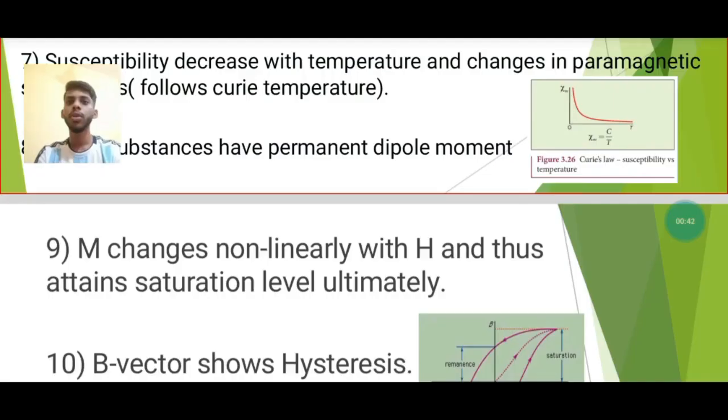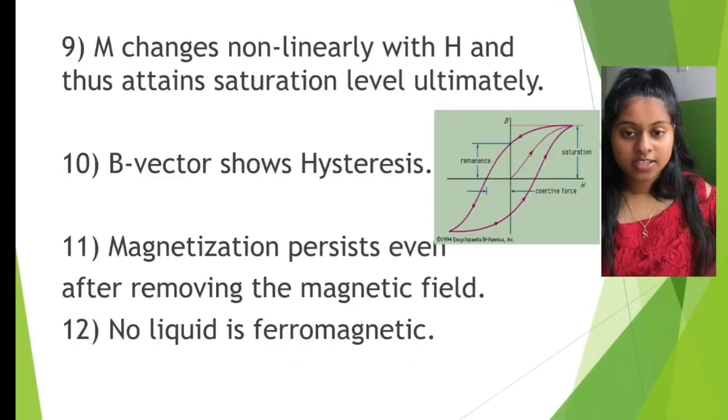And the ninth property of ferromagnetic substances is that M changes non-linearly with H, and thus attains a saturation level ultimately, where M is the magnetization of the material and H is the external magnetic field. The B vector shows hysteresis. If we take the magnetic field intensity H on the x-axis and the magnetic field B